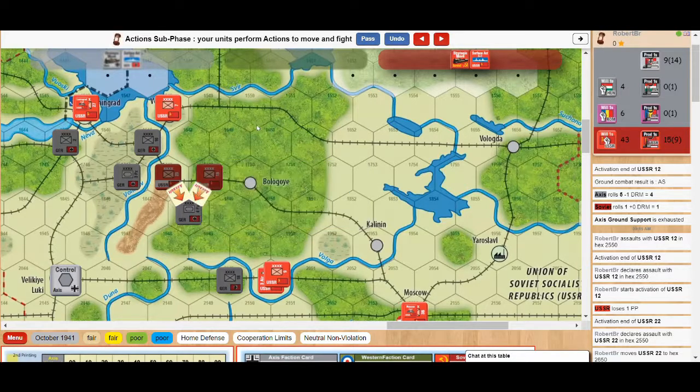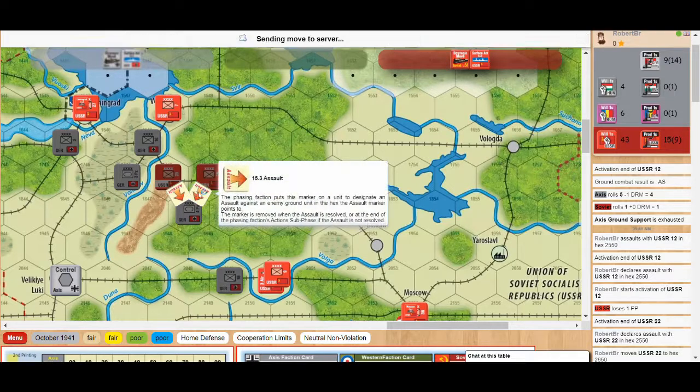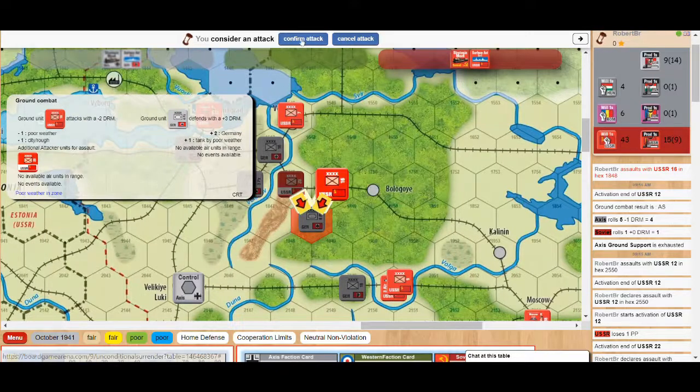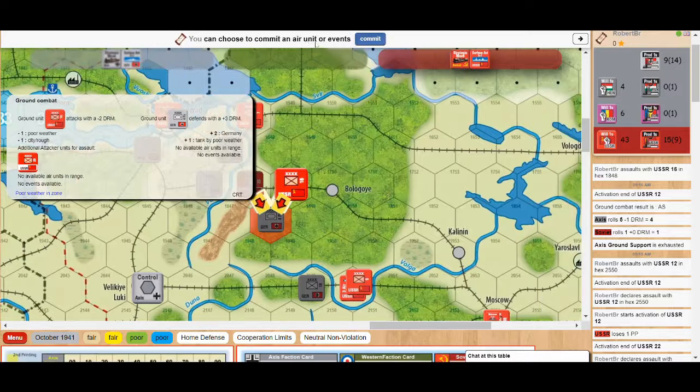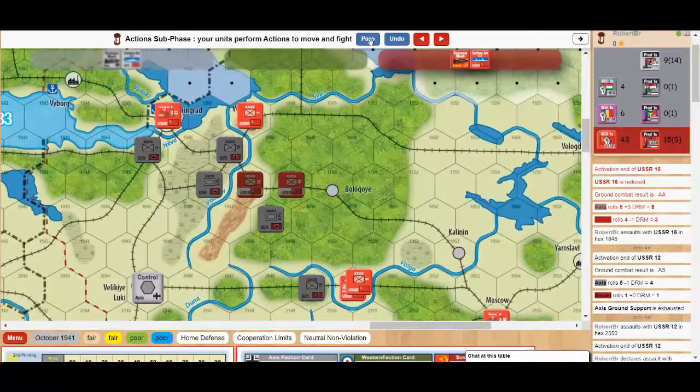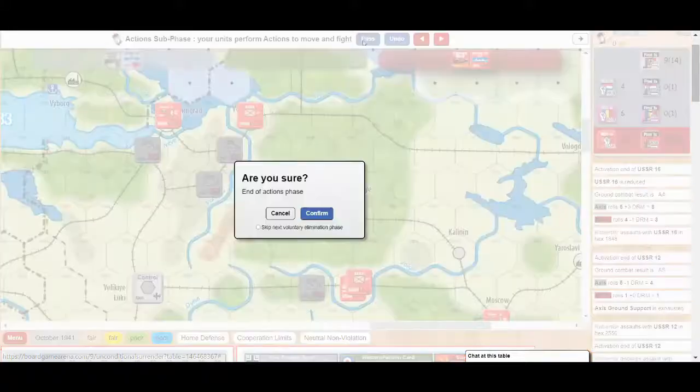Since I was moving the 2 units anyway, I committed assaults, but that's a panzer unit there, and we're not likely to get anything valuable out of it. So we are -1 to the Germans, +3, so -4. Right, and so we suffer an attacker attrition. We pass with